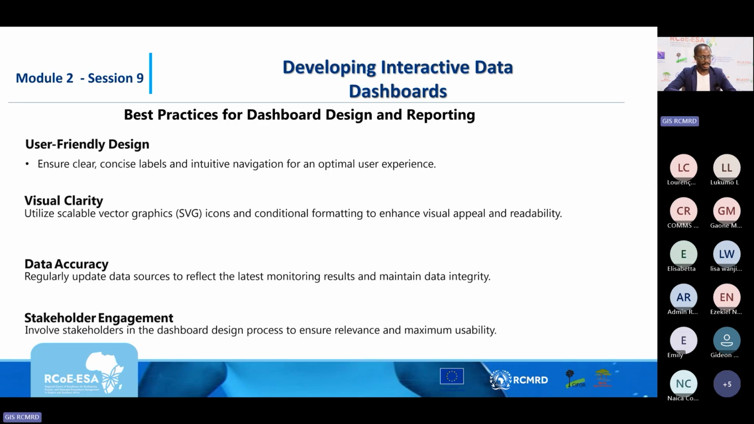On data accuracy, make sure that your data is accurate so that it displays the latest results, because you don't want to display a dashboard that has a 2019 dataset, yet some users have a 2025 dataset. So if you are presenting obsolete or outdated data, that means you're losing your integrity. So people will not be able to trust your data, and they'll not be able to use it as